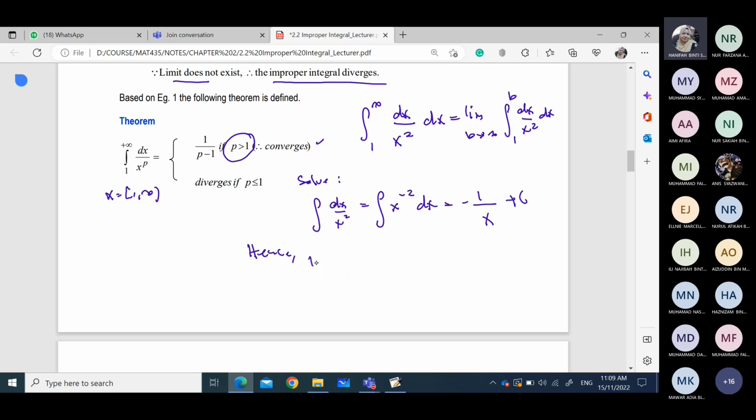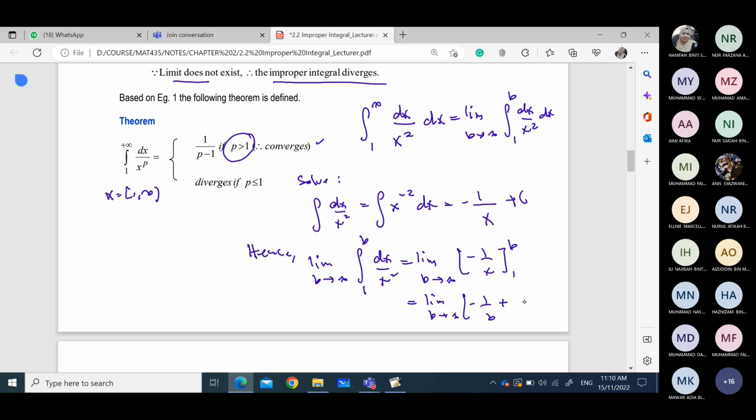Alright, so hence, limit as b approaches infinity for the integral dx over x squared, where x is from 1 to b, is equivalent to limit as b approaches infinity. The answer is negative 1 over x. So the lower limit is 1 and the upper limit is b. So it is equivalent to limit as b approaches infinity of negative 1 over b minus, you will get